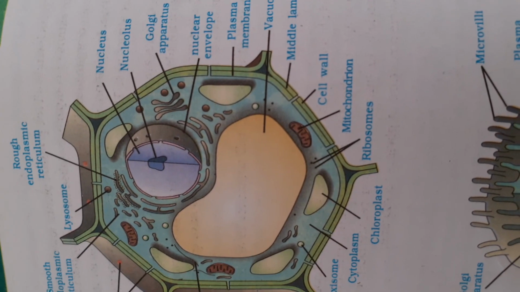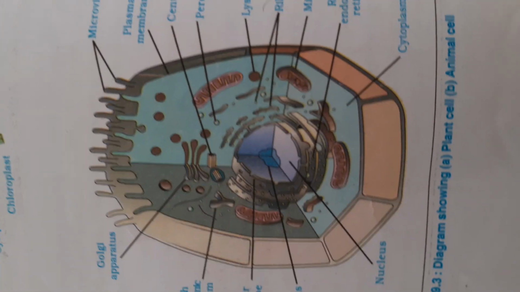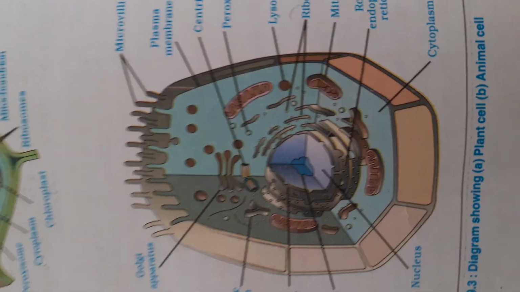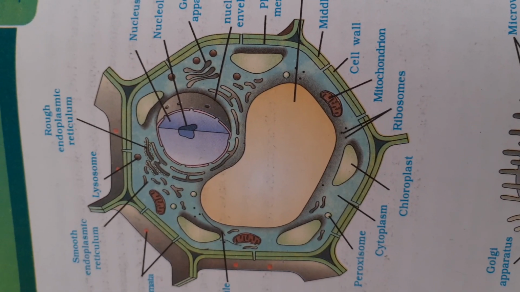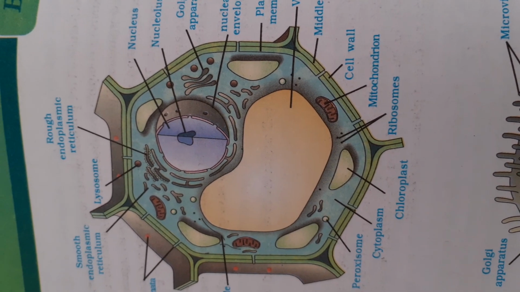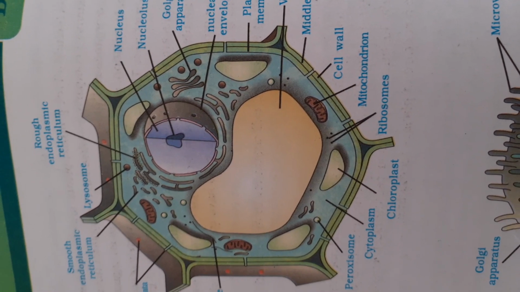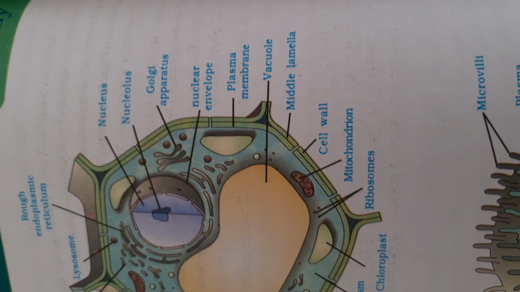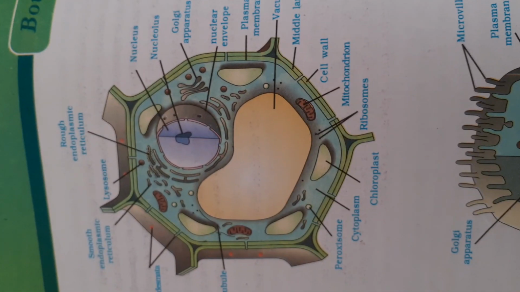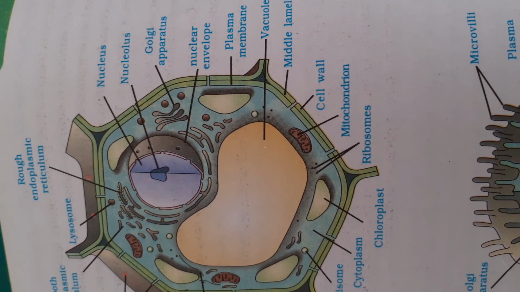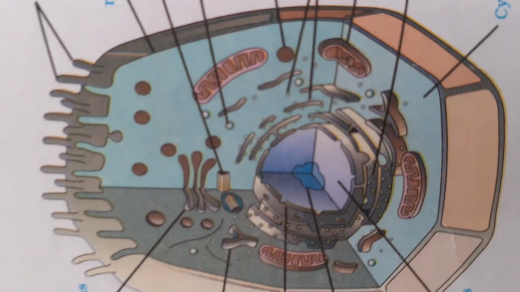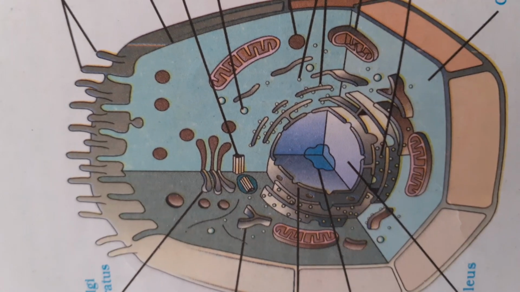Plant cells are found in plants. Animal cells are present in animals. Now, each one individually we will see. Here, this is the structure of a plant cell. You can see a big vacuole present inside the plant cell. It is very big and it occupies the central region of the cell. It pushes the nucleus to the side. Whereas in the animal cell, the vacuole is not present and the nucleus is at the center.